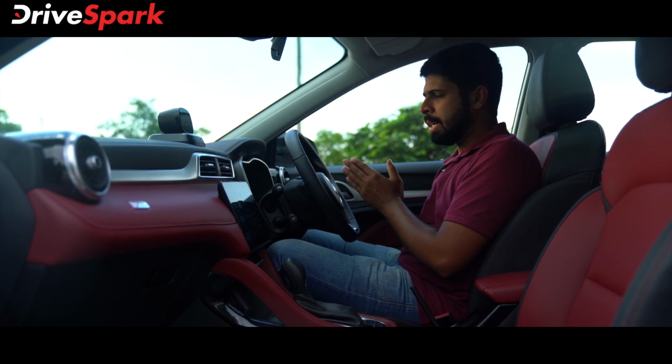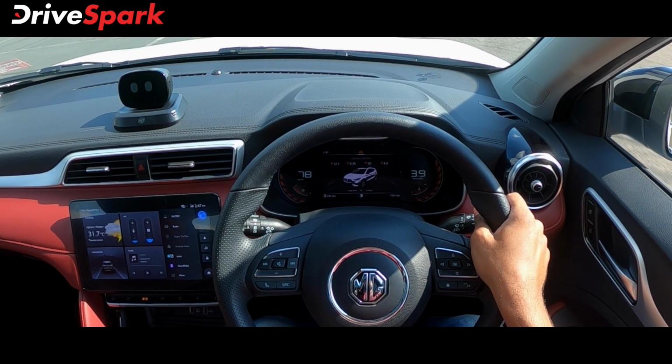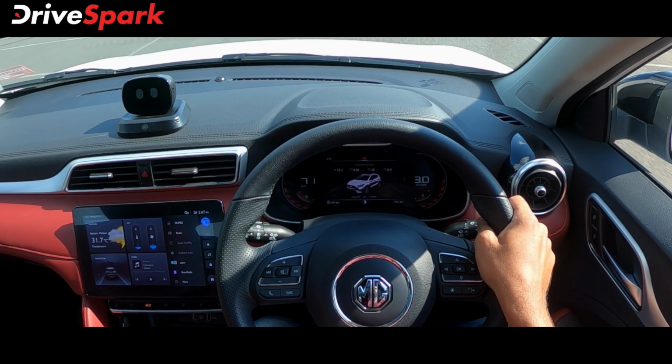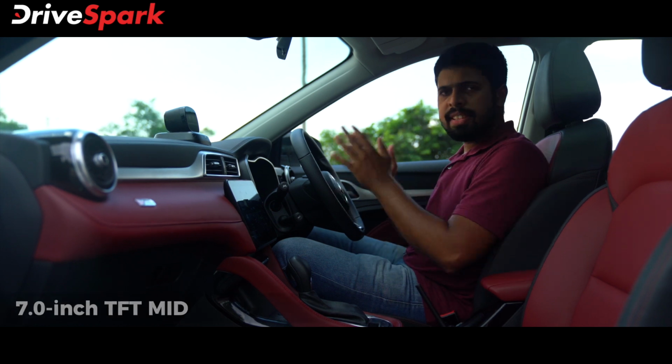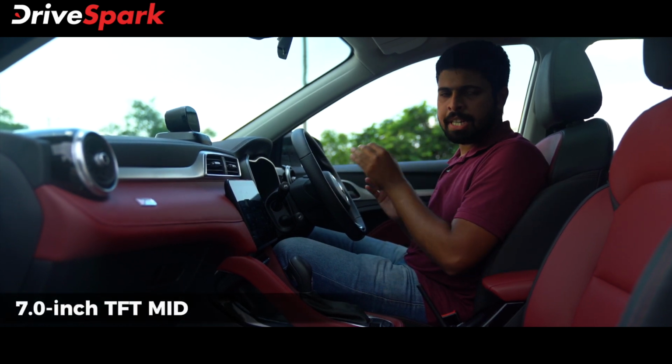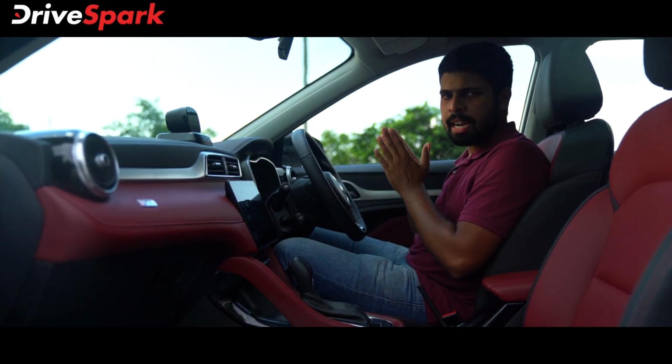Now let's talk about the instrumentation. You've got a completely digital instrument cluster. To the left and right, you've got the speedometer, the tachometer, and also the fuel gauge and the temperature gauge. In the center, you've got a 7-inch TFT screen that displays a lot of information, starting right from